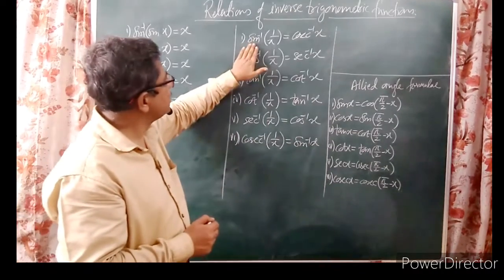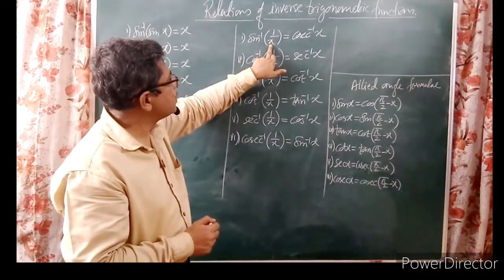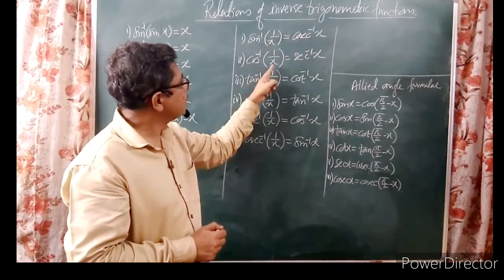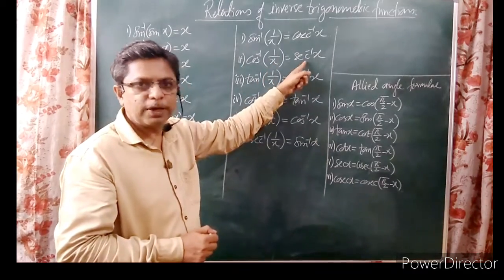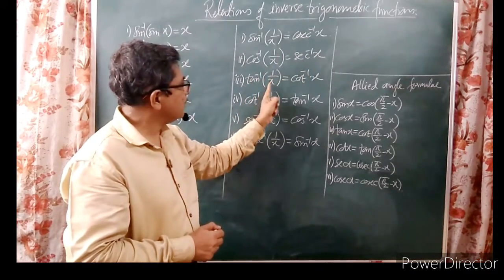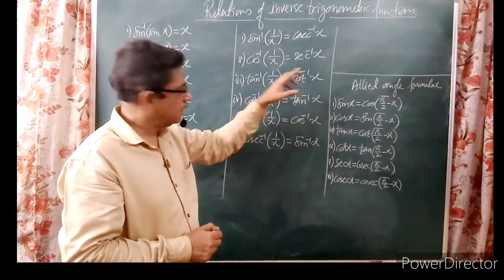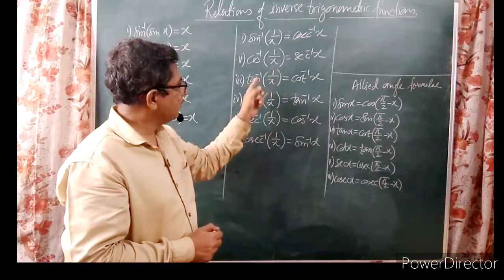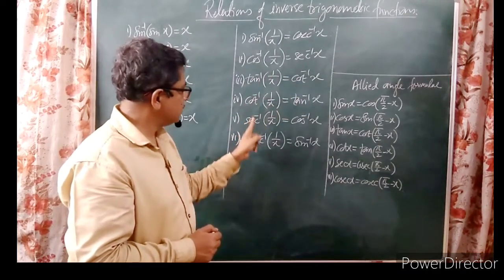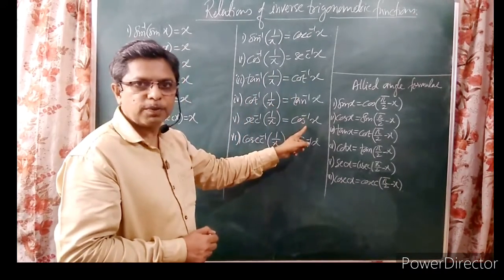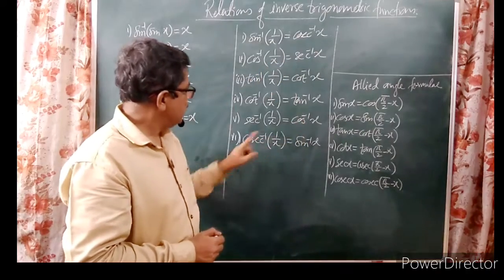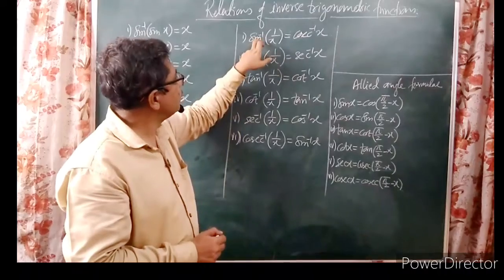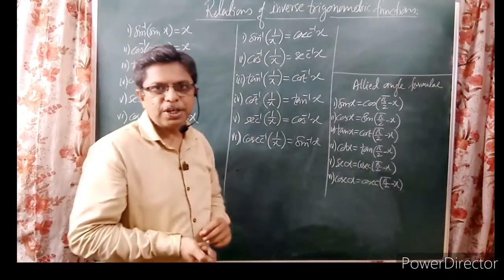See what those are. Sine inverse of 1 upon x is equal to cosec inverse of 1 upon x. See these pairs. Cos inverse of 1 upon x is sec inverse of 1 upon x, and tan inverse of 1 upon x is cot inverse of 1 upon x. See these three. Cot inverse of 1 upon x is tan inverse of x. It's similar to this. Sec inverse of 1 upon x is cos inverse of x. This is similar to this. And cosec inverse of 1 upon x is sine inverse x. Again, this is equal to the sixth. Only a small change is there.